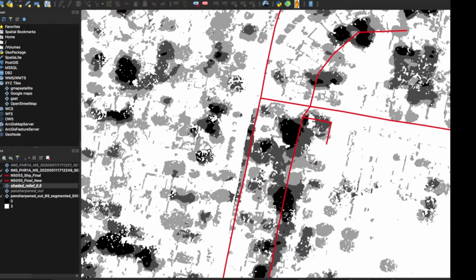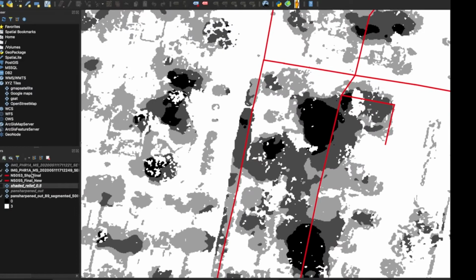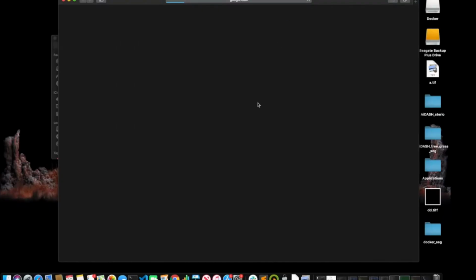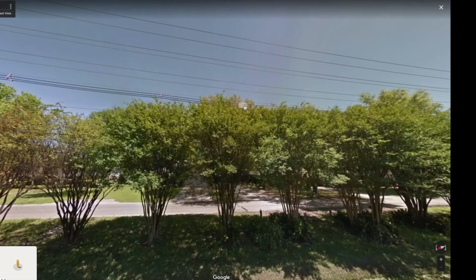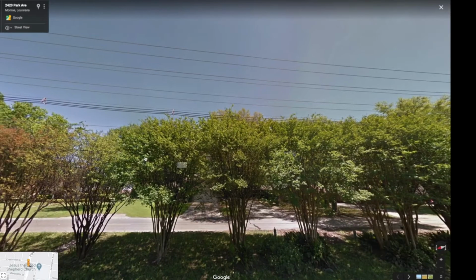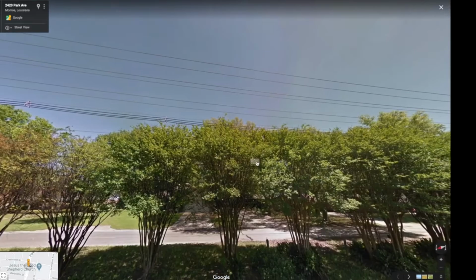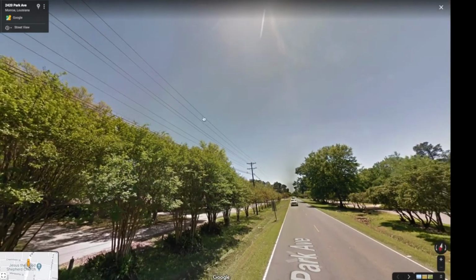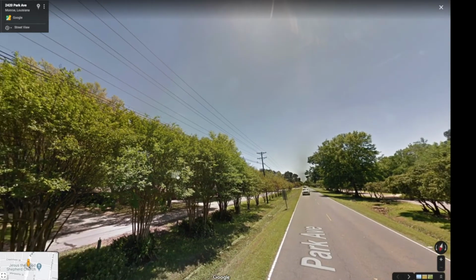Our model says that a dark gray patch is a tree which is below 9 meter height. If we try to validate this on street view, we can quite prominently see that the distribution line is going well above the trees. So this validates that these trees are below 9 meter height.